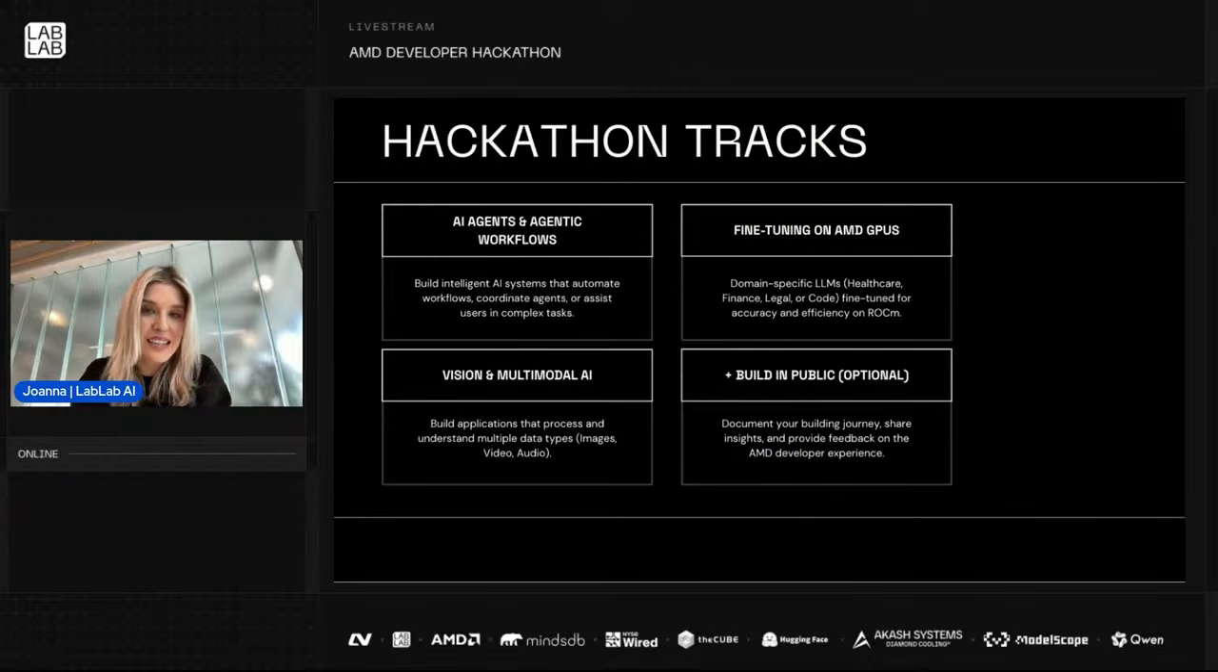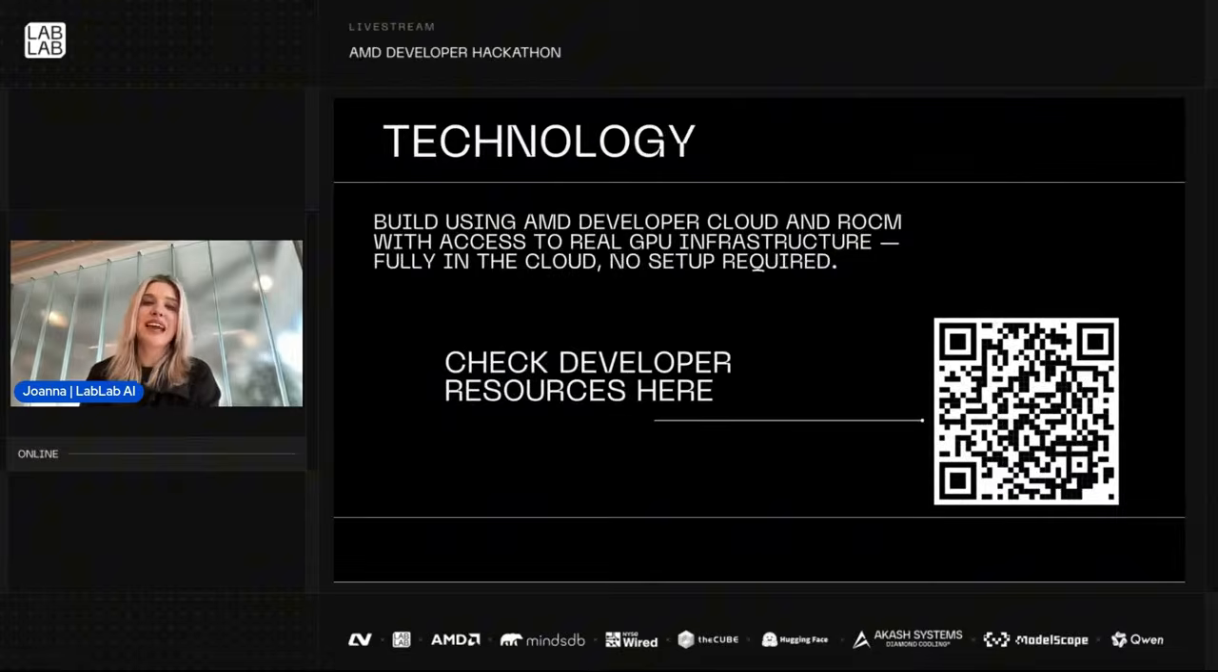The whole description of the task of the track you can find on the event page that you used to register for this hackathon, and also the same QR I was sharing earlier. It's all about being loud about your projects, showing people how you build, what your journey is on social media, and more. Then, regarding the technology that we're using at this hackathon, we're building using AMD Developer Cloud and ROCm